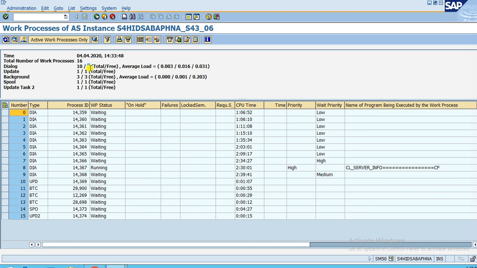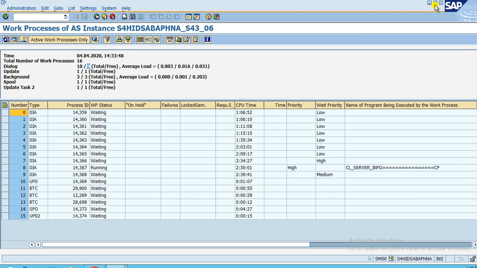But you cannot use all nine free. Minimum you have to leave 3 work processes or at least 2 in the system, so 7 you can use maximum. In the current scenario, suppose you are having a total of 10 dialog work processes, then minimum two you will have to leave over here, and 8 you can use maximum. Already one is being used by me, so 7 more I can use over here, right? Out of 9 available, one I'm already using, so 7 more I can use over here. Okay,